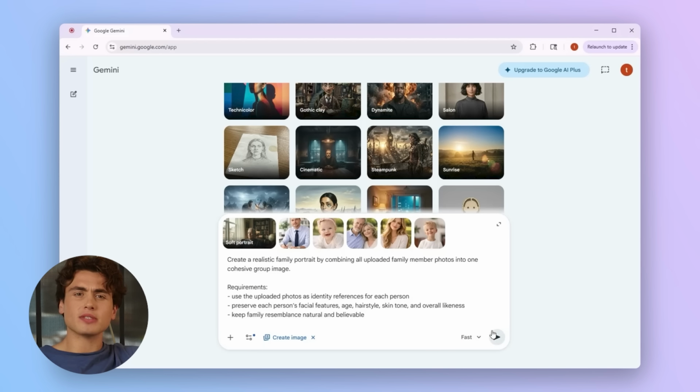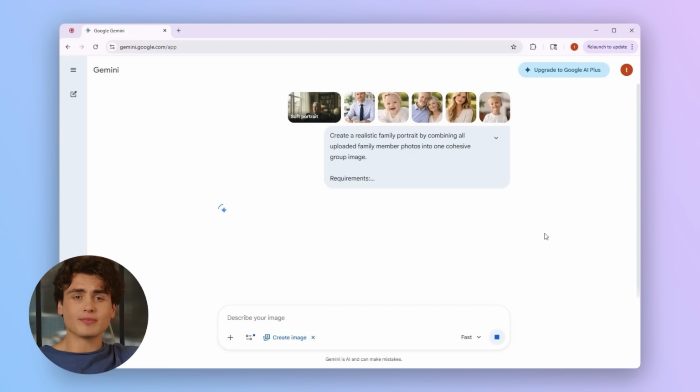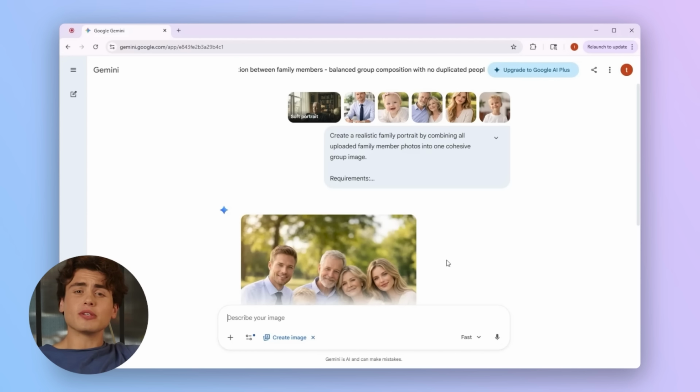Next, write a simple but detailed prompt. The more specific you are, the better the outcome. Now, let Gemini AI process the images. In just a few seconds, it will generate a combined family photo that looks surprisingly real with consistent lighting, shadows,